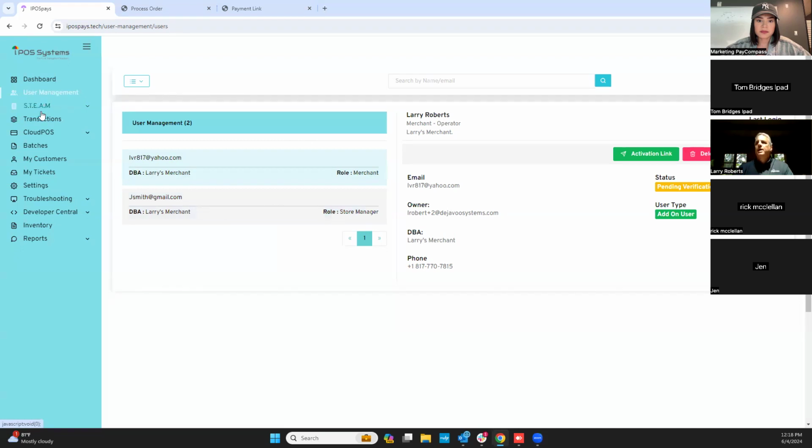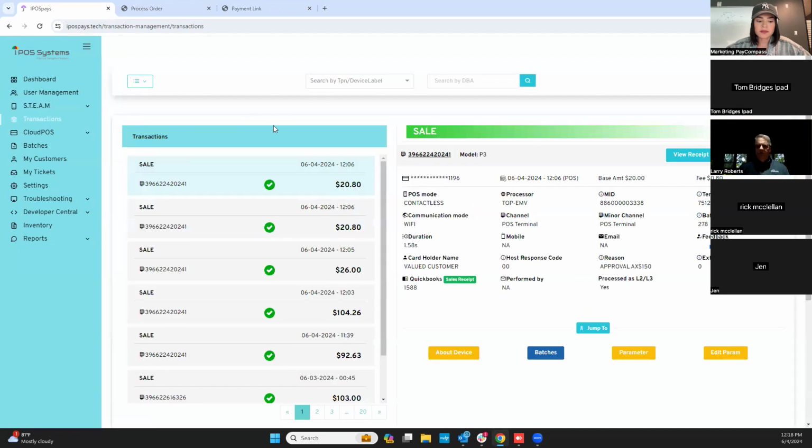They can do that. In the transactions, these transactions are in here forever. Good thing about this system, especially if y'all are going after restaurants, since everything is already stored in the cloud and in our system and it's tokenized, encrypted, they can actually go in here after a batch and do an additional auth. So restaurants love that. They always have people come up after they've already batched going, I forgot this tip. They would have to call the processor or call y'all and go, hey, I need that card number. I've got to put additional auth through there. And here, all they have to do is come in here and hit the blue button more,